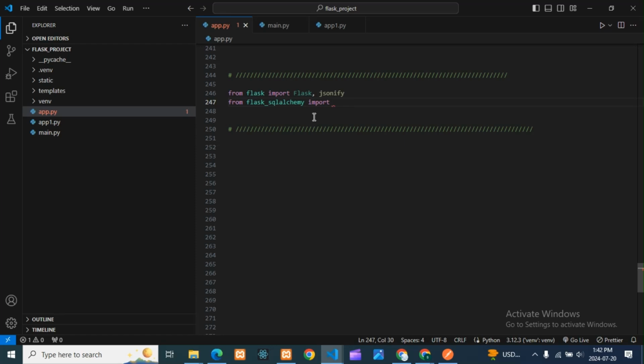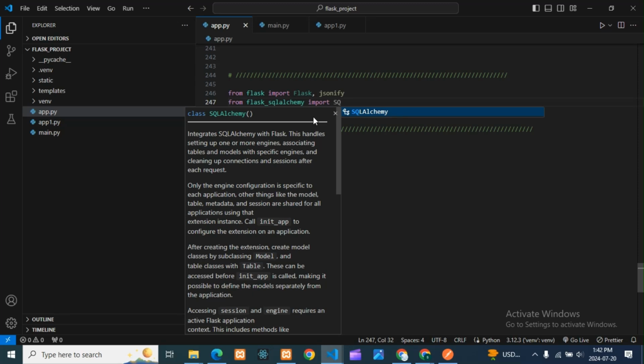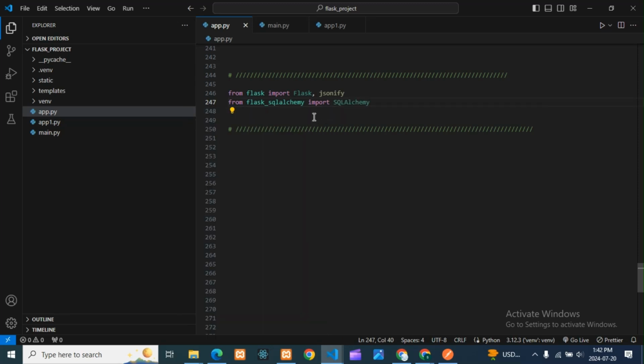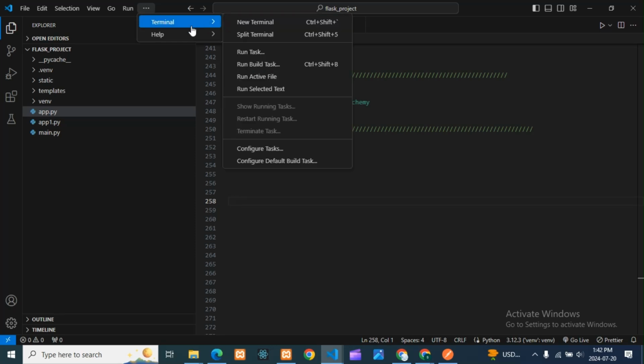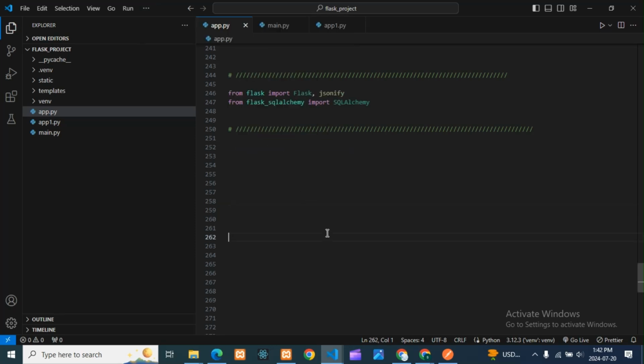Pronounce it however you want to pronounce it. Here we have imported this, we have imported jsonify, and before this, you need to install this. There is a command, pip install this. If you do, it will get installed. You need to go to the terminal and install from there. Fine, guys, this is done, we have imported.